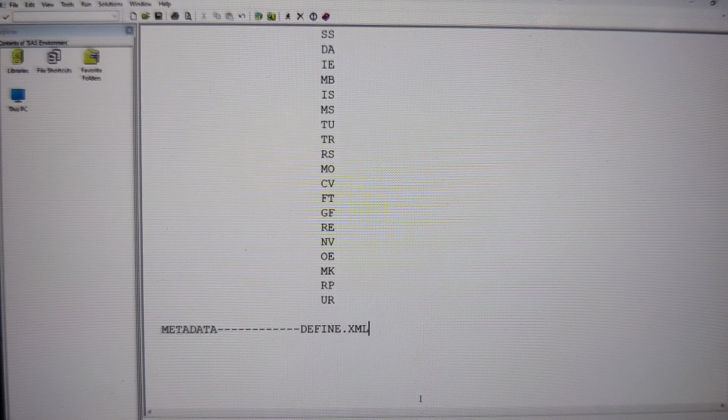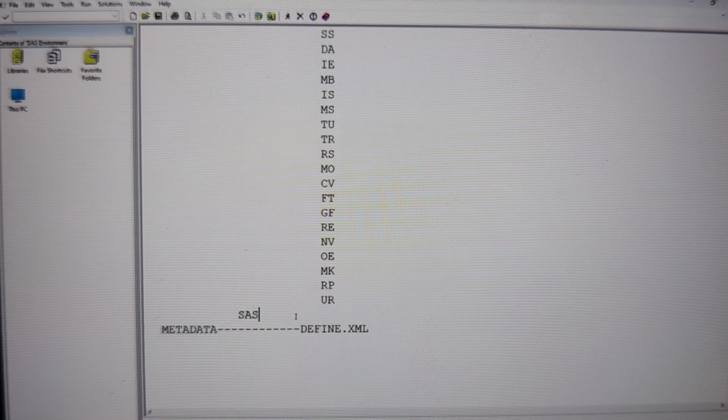That metadata document we call define.xml, define.pdf. How to generate it? Previously, we used to generate this define.xml by using SAS only. But if you want to generate it by using SAS, you should have SAS knowledge and you should also have define.xml knowledge, skills also. But it's going to be very difficult for the same programmer to possess both the skills.